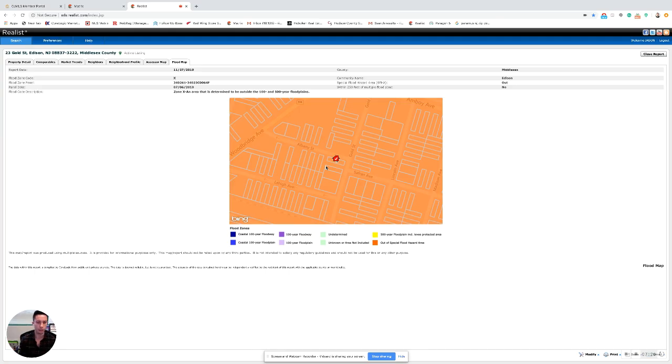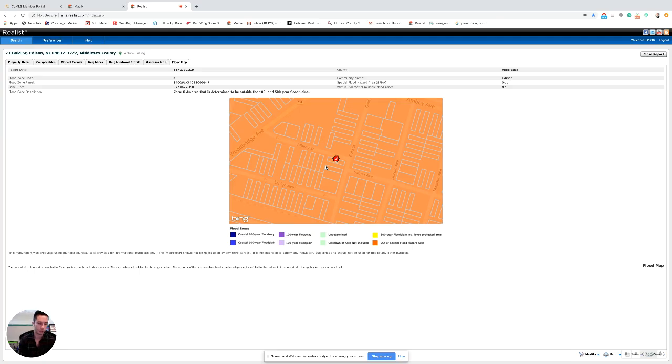If you're looking at properties for a buyer and it appears that the property is in a flood zone in the tax record, check the MLS sheet, see if they have that referenced at any point. If not, definitely call the agent. Say, hey, are you aware that it's in a flood zone? Did your particular seller require to own their home? Did they require them to have flood insurance? Find out that kind of information,